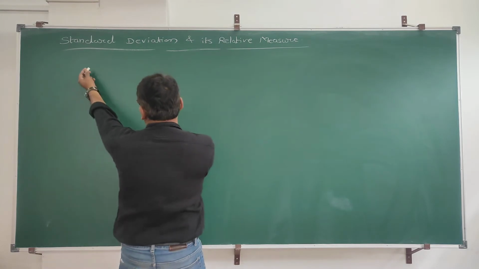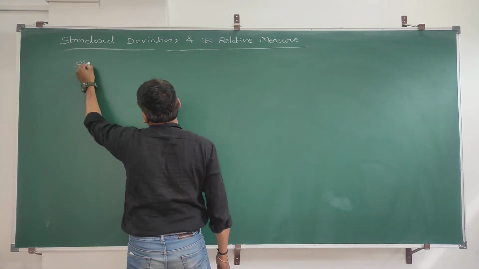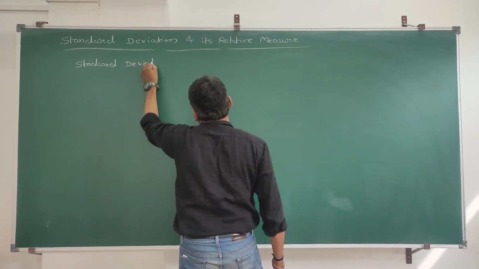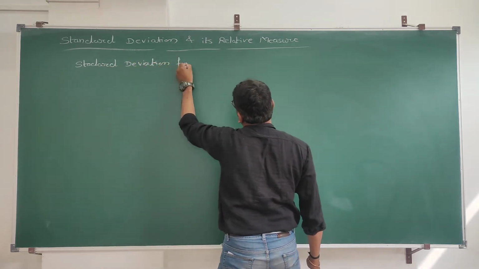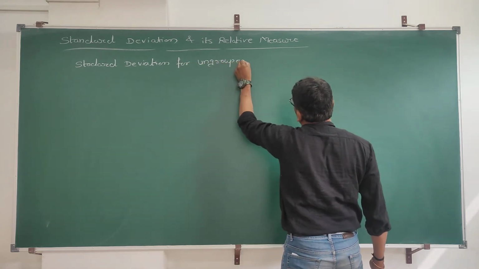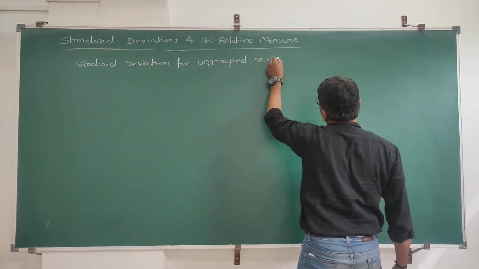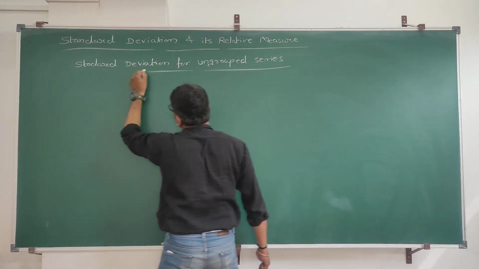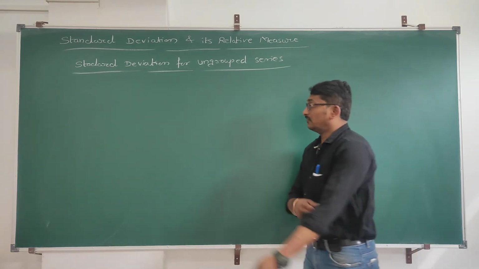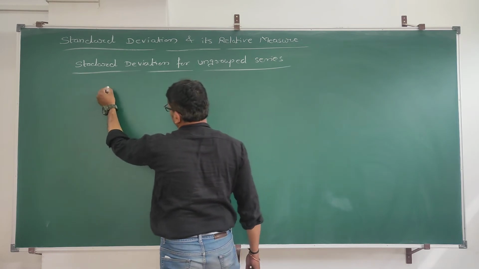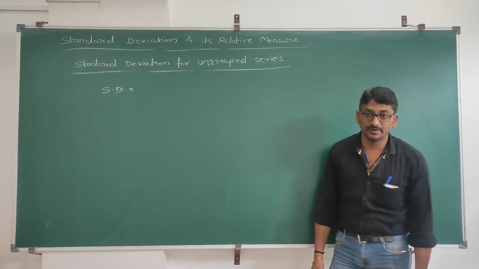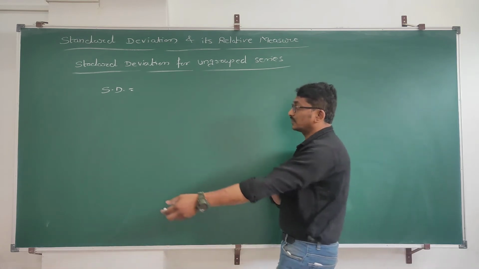Below this, standard deviation for ungrouped series. Standard deviation for ungrouped series. Now for ungrouped series, standard deviation is always denoted by SD. Standard deviation is denoted by SD, which is equal to